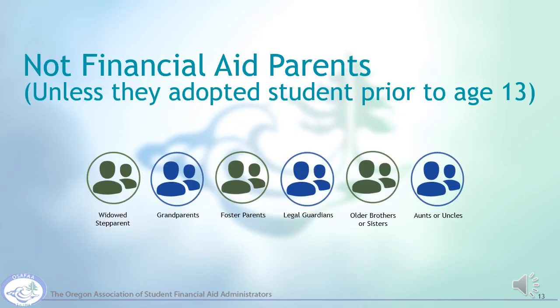In some cases, the person the student lives with, who may be functioning as their parent or in that parent role, may not be the financial aid parent. If the student is living with a grandparent or relative, they would not be considered the student's financial aid parent unless they legally adopted the student. If the student is living with someone who has not legally adopted them, you will need to refer to the information we covered on the previous slide to report the appropriate parent's information.